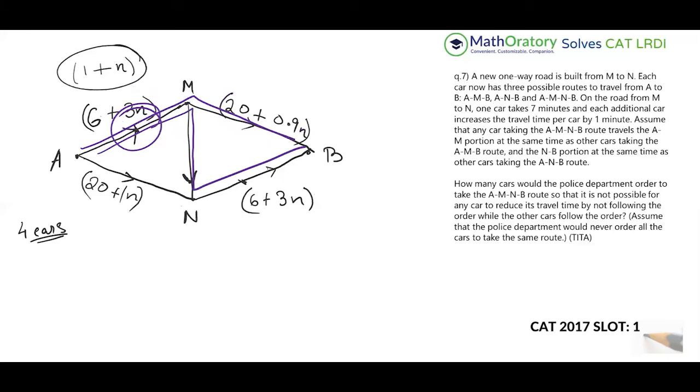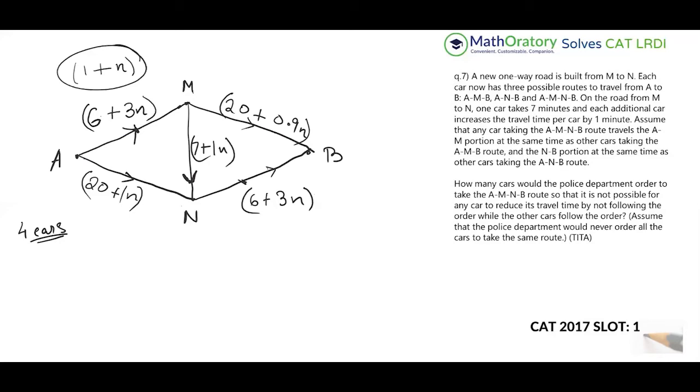So let us go ahead here. So now, on the road M to N, one car takes 7 minutes and each additional car increases the time by 1 minute. So that is similar to what we had earlier. So 7 plus 1, and let me write that explicitly anyhow. So we have 7 plus 1 and for this part, right? Great. So assume that any car taking the AM and B route travels the AM portion